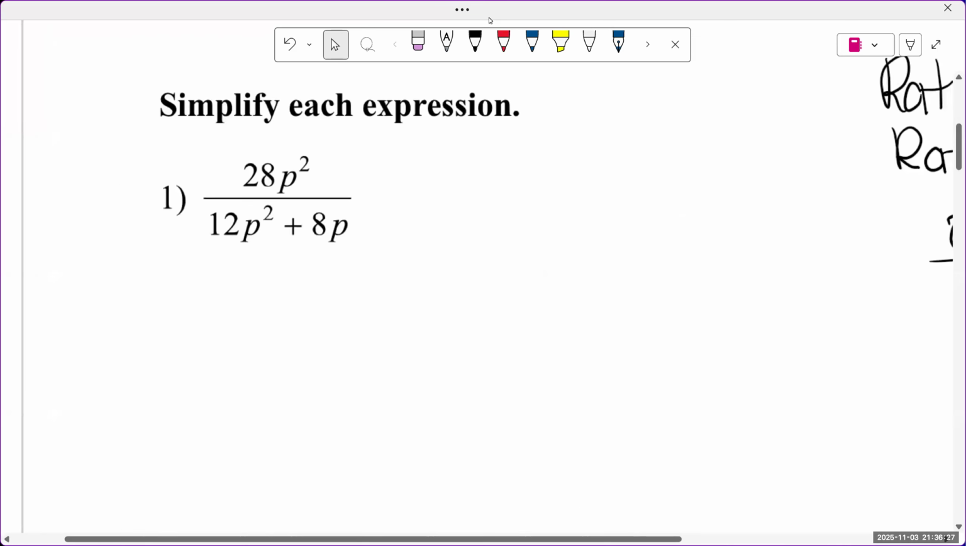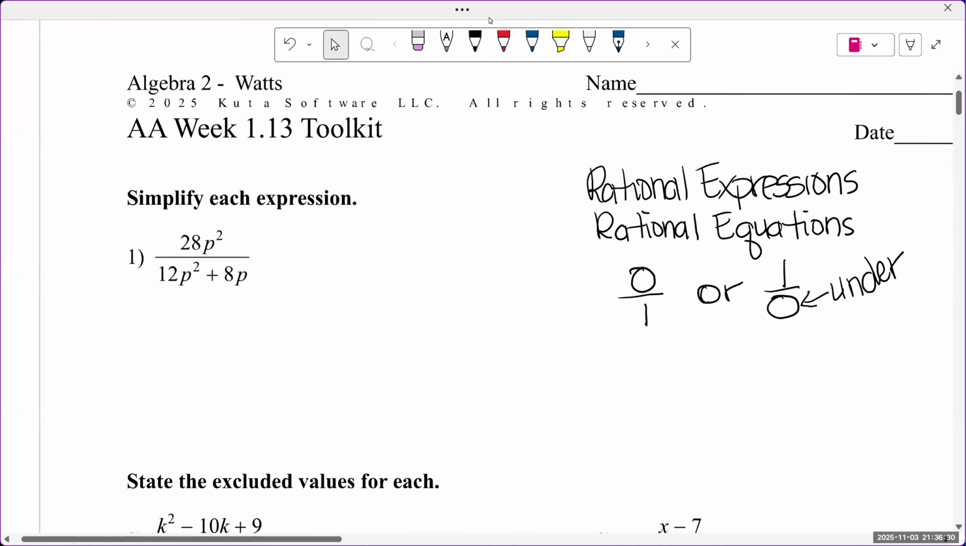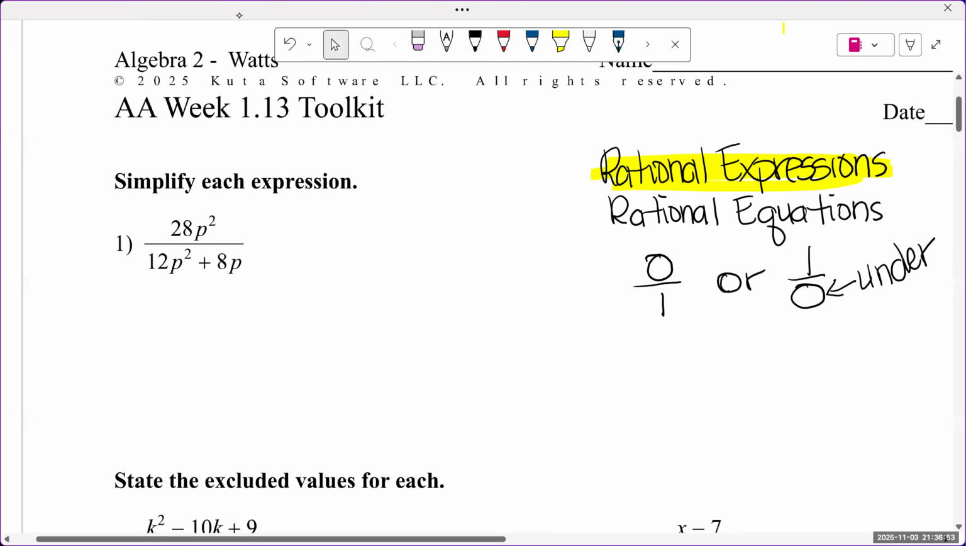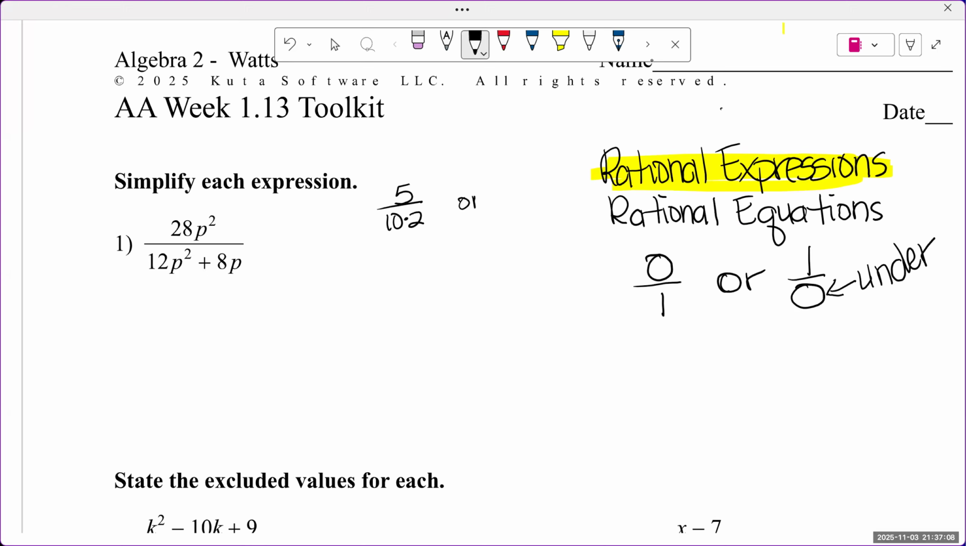Number one. Now, this expression is called a rational expression. It is your favorite thing, fractions, and these fractions involve expressions. The fractions are going to have variables. So, number one. Now, the most important thing in simplifying this, if I have 5 over 10 times 2, or